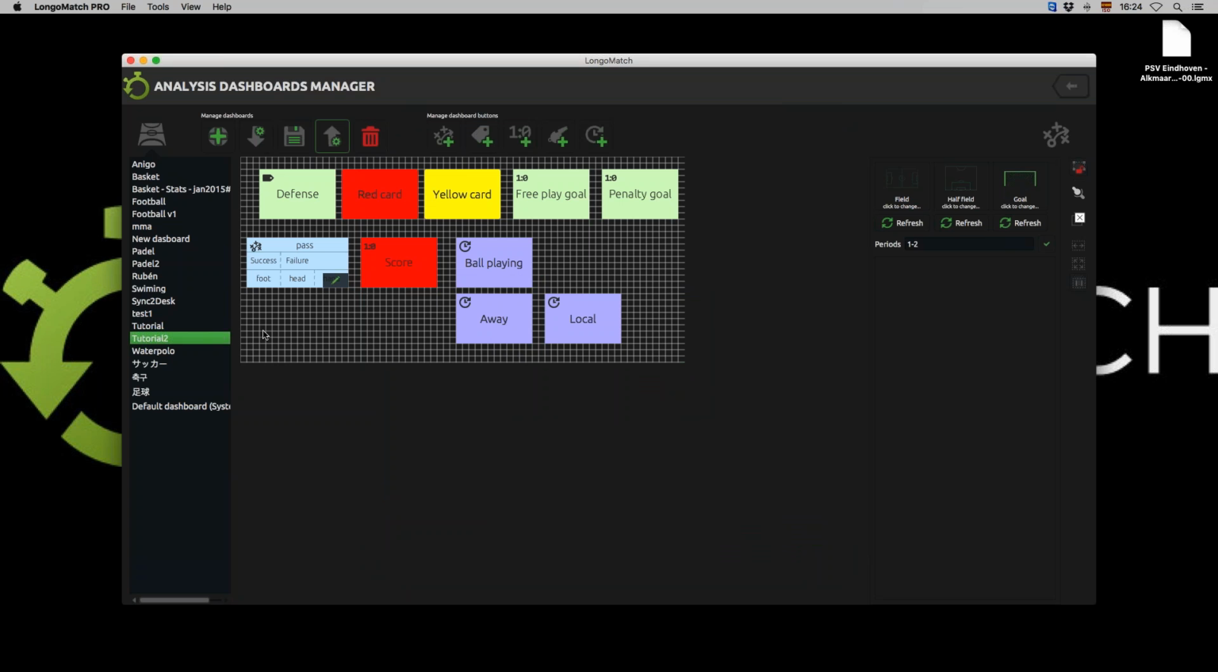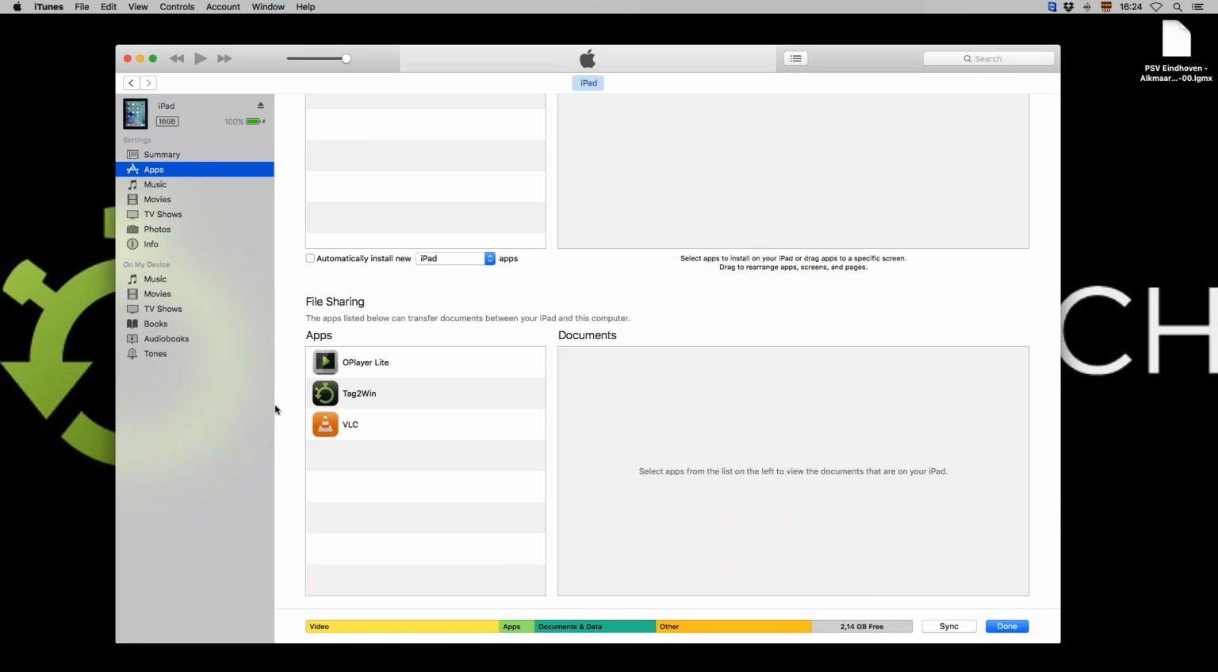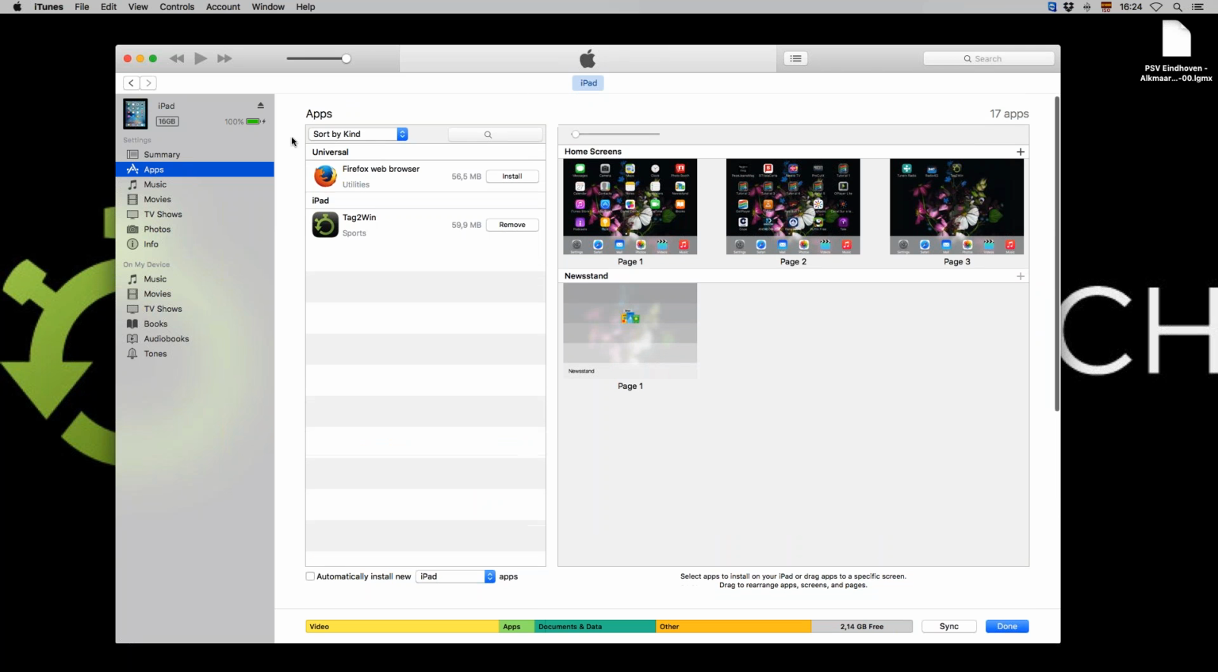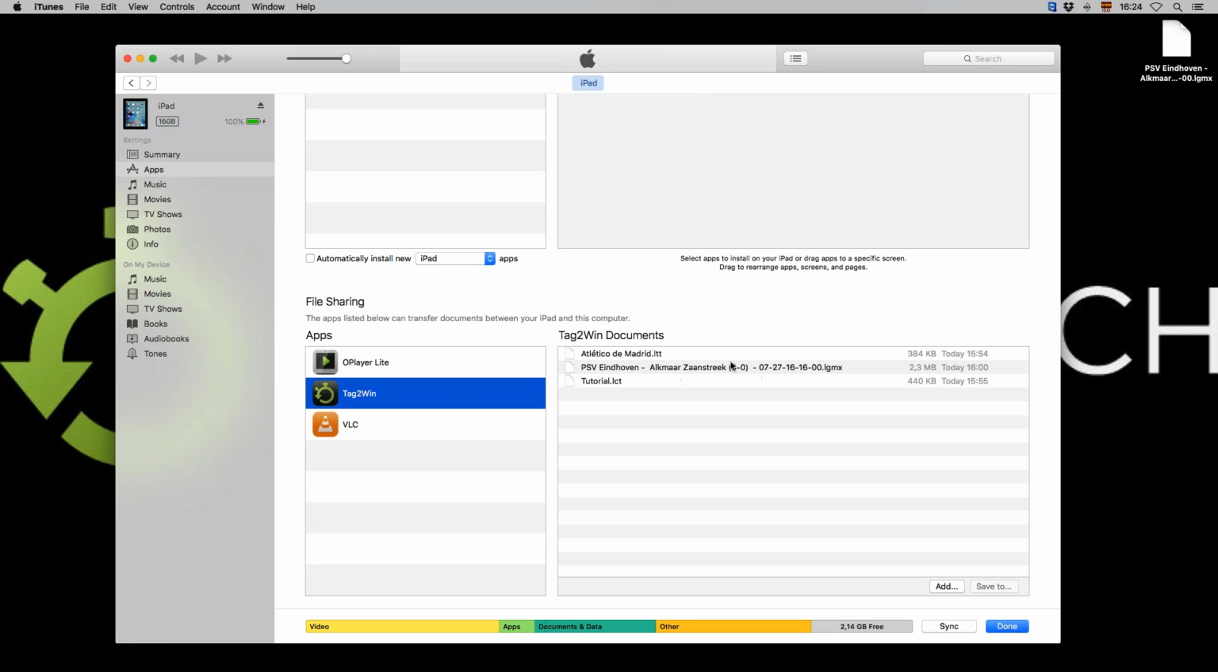So now what I'm going to do is import all this information to our tablet. To do so, we will need iTunes. So if we go to iTunes and go to the applications that we have in our iPad, know that you will have to scroll a little bit to see the file sharing applications. I only have to click on Longomatch and I can add